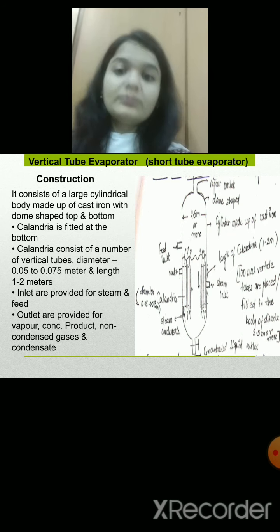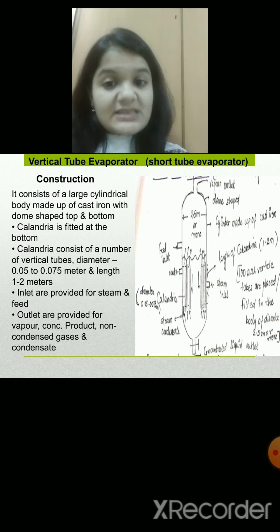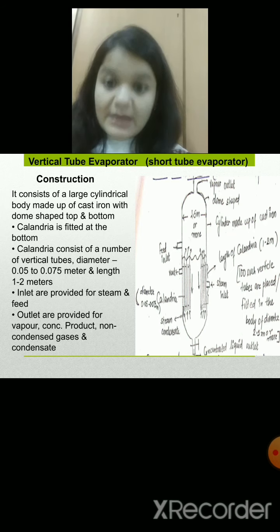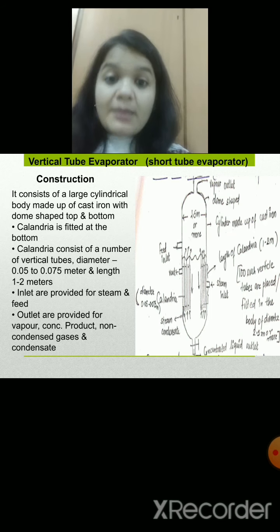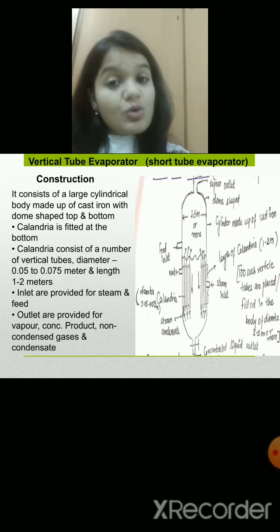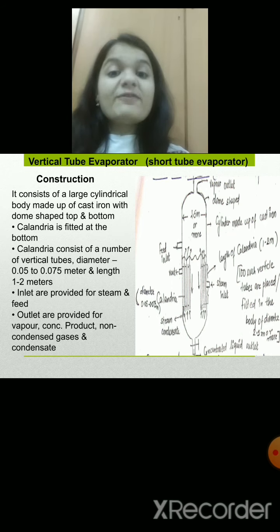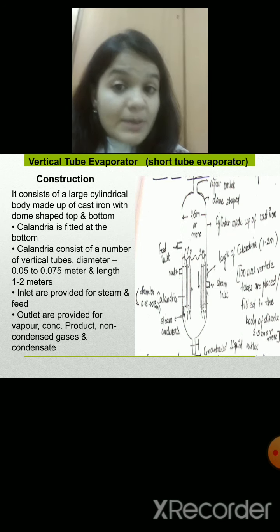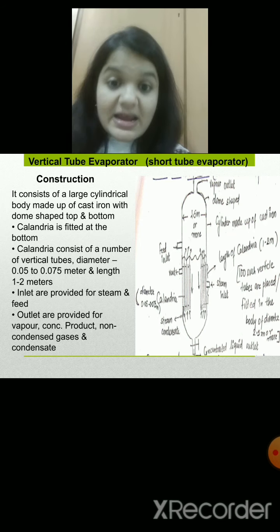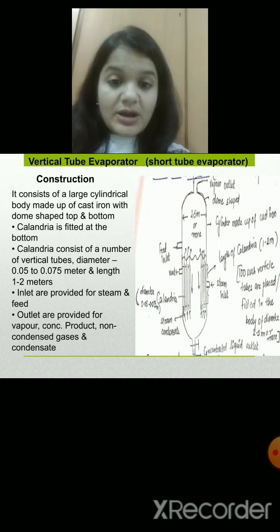Now, the major construction is it consists of a large cylindrical body made up of cast iron, or you can say plate sheet. Now, it is also similarly dome shaped from top and bottom, where a vent is provided, steam inlet is provided, vapor outlet on the top is provided, and in the bottom there is, you can say, the concentrated liquid product is